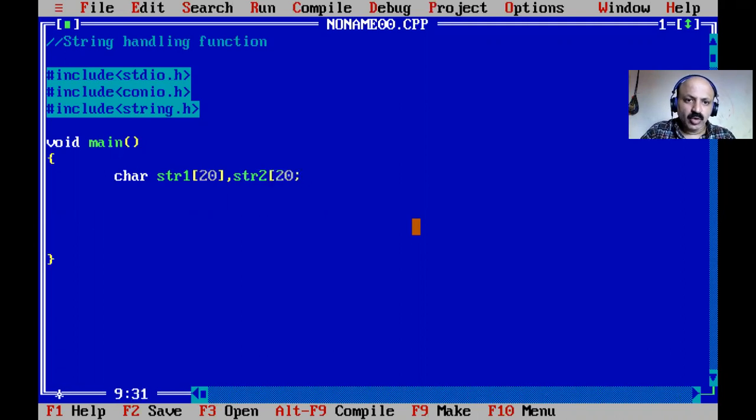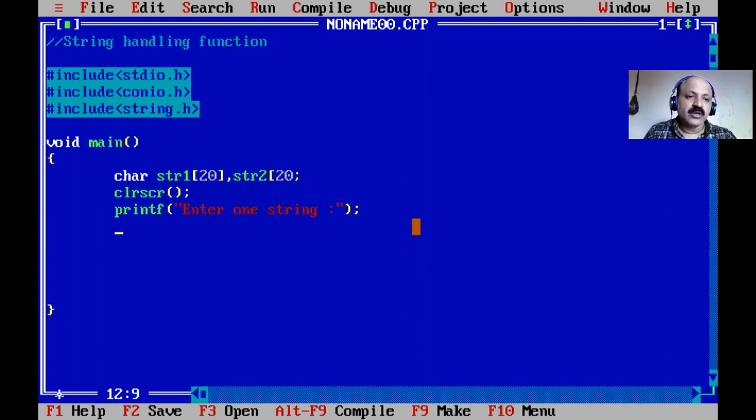Then we can copy. I just clear the screen, use the inbuilt function, and then we can scan, enter one string. A string with blank space is also possible, so we cannot use the scanf function.